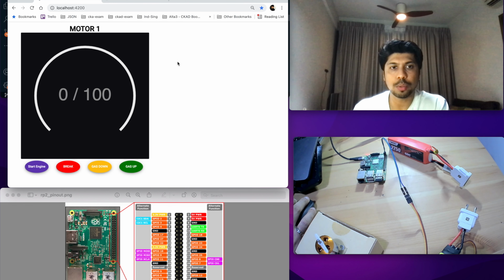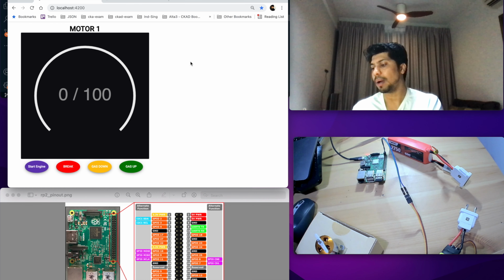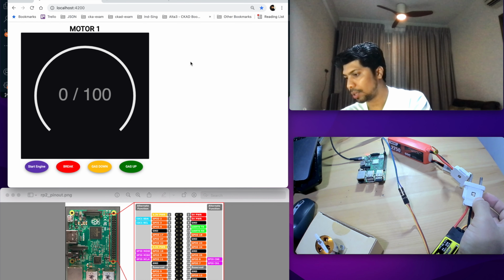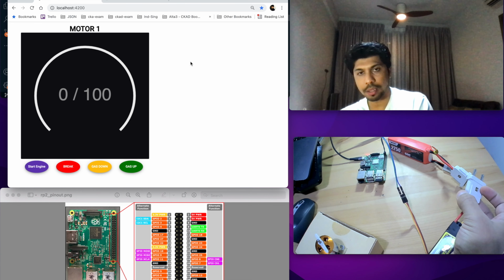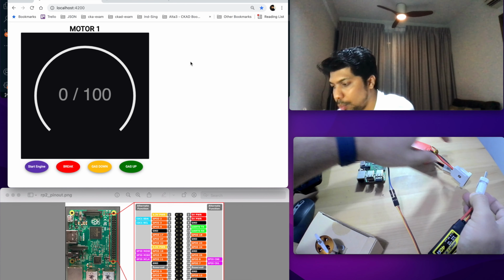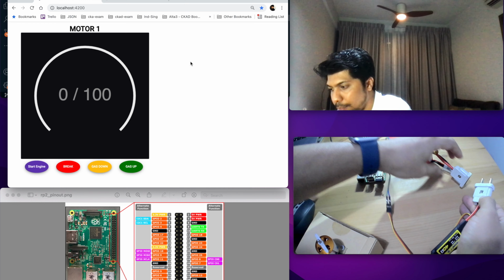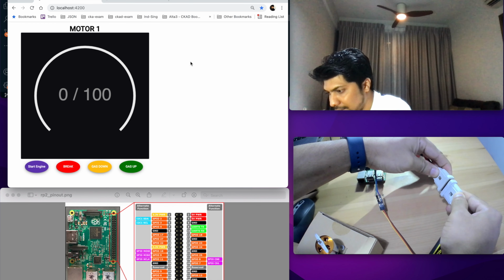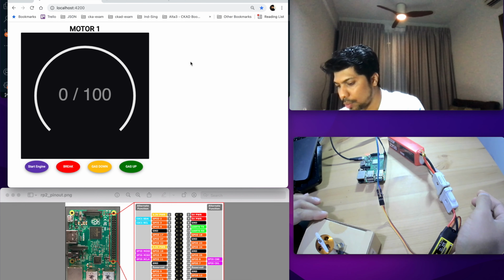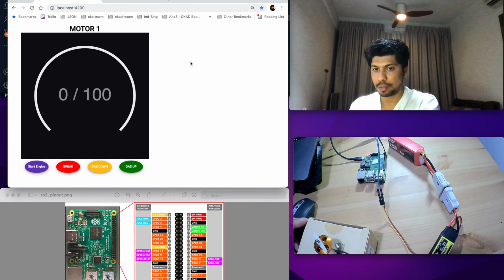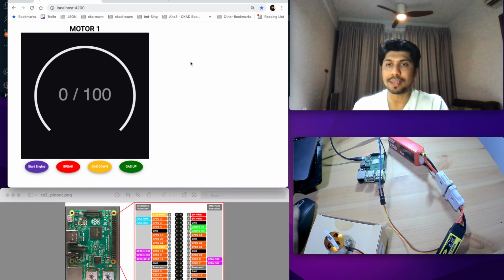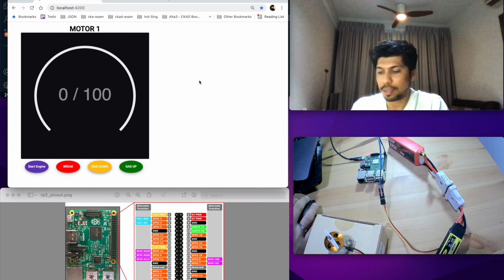First we need to connect the power source of this RC motor. So I'm connecting the red wire of the battery to the red wire of the ESC and the black wire to the black wire. Once this is connected, we should see the motor is beeping. This means that it is ready to accept the connection.